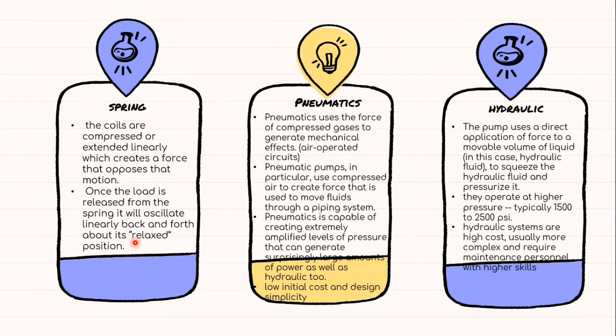For the spring, the coils are compressed or extended linearly, which creates a force that opposes that motion. Once the load is released from the spring, it will oscillate linearly back and forth. Second, the pneumatics use the force of compressed gases to generate mechanical effects. The pneumatic pumps, in particular, use compressed air to create force that is used to move fluids through a piping system. Pneumatics is capable of creating extremely amplified levels of pressure that can generate surprisingly large amounts of power,